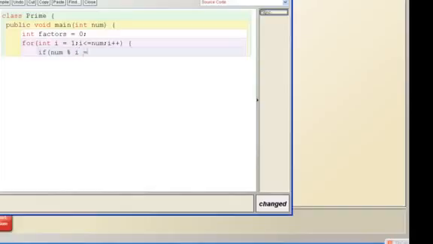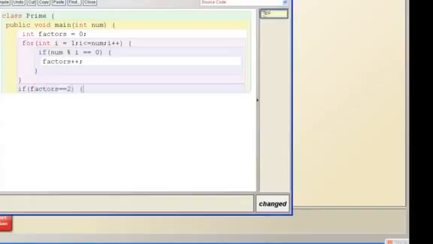So if n mod I equal to 0, factors plus plus. My mistake, I'm really sorry. And I forgot to give the brace here. And if the factors equal to 2, then you print